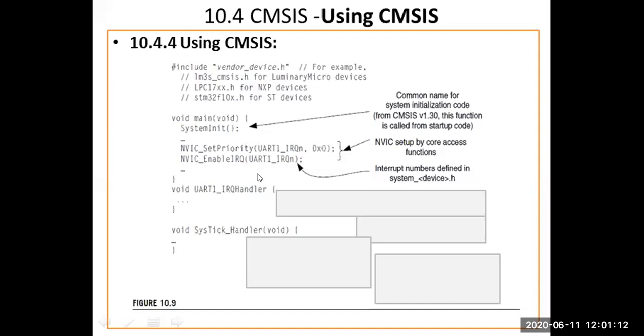So we need to number that. I'm just giving an example. There should be numbering of those interrupt numbers defined. How do we number those? We cannot define them manually, but through the program. Before giving the product to the user, we need to define those functions in our program, in our application. That will be done by system_device.h. This header file will contain the instructions or programming constructs for how to number the incoming interrupts.